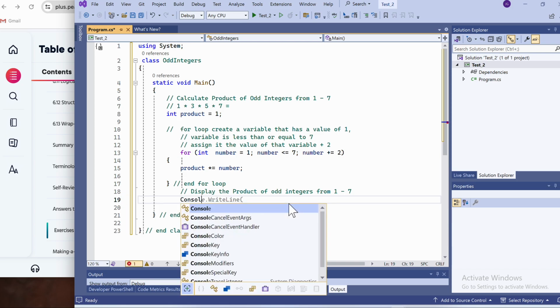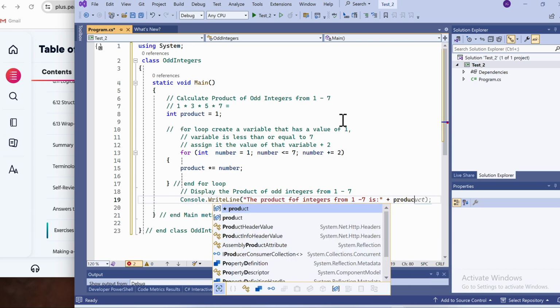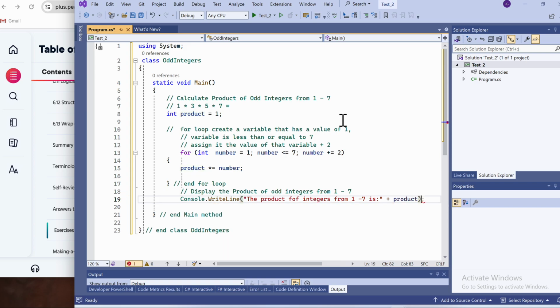So we'll do a Console.WriteLine, and we're going to say the product of integers from 1 to 7 is, and then after the quotation marks, we're going to add plus product, and that will give us